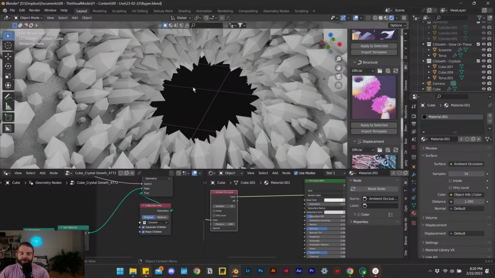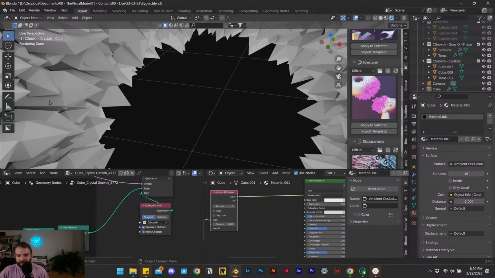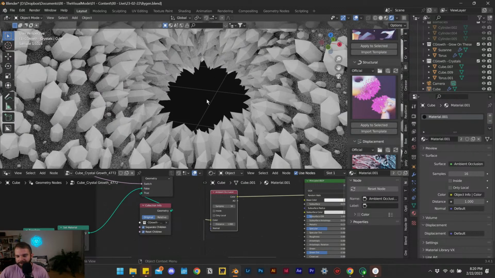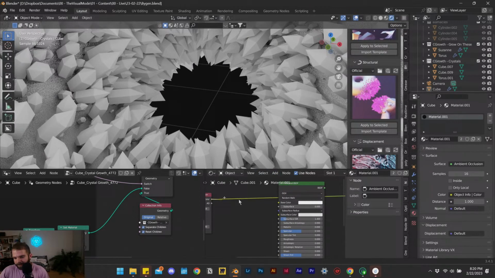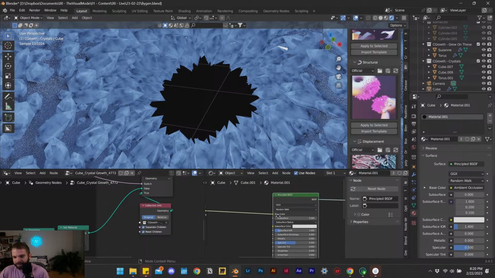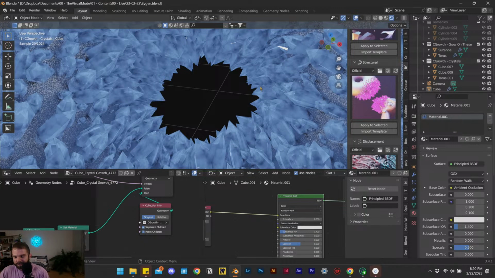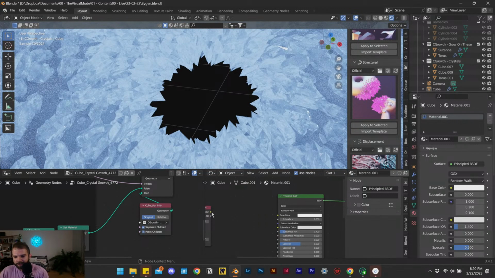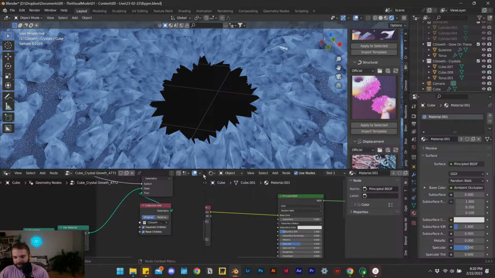So with the clay render here, we have different shadows for the different faces. Since everything is kind of like a clay texture, each face of the crystal now has a different tone to it, which can help it read much, much better visually. So if I plug this into the color of that principled BSDF, we can check out the difference. Here it is with the ambient occlusion plugged in, and here's with it unplugged. If I wanted to edit this a little bit further, I can add in